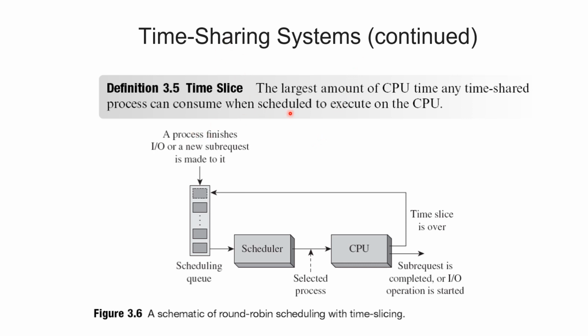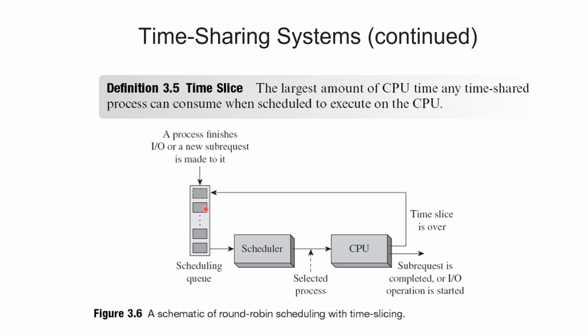The time slice is nothing but the largest amount of CPU time any time-shared process can consume when scheduled to execute on the CPU. The largest amount of time is allocated to each and every process to execute on the CPU. That is called the time slice. A predefined time is allocated to each and every process for CPU execution. See here,